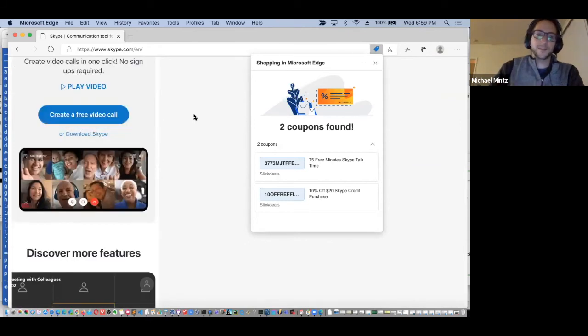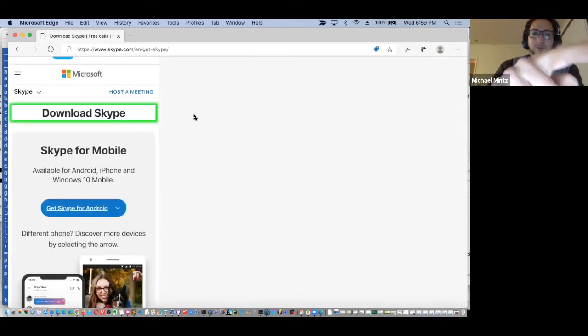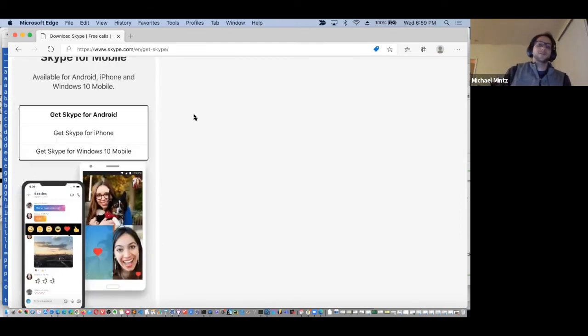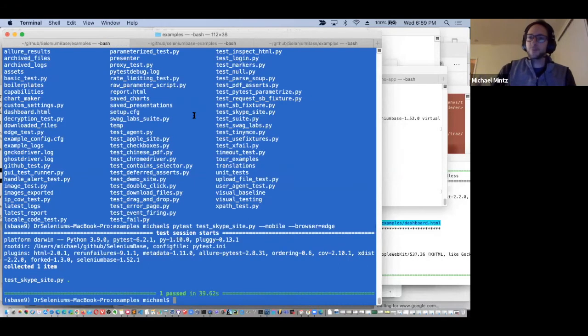You can see exactly what it's testing, and it's saying like, okay, I'm going to download Skype, and it detects that you are using an Android device, because it says like get Skype from Google Play, and then it'll click that, get Skype from Android, etc. So here I've combined a bunch of things: SeleniumBase demo mode, so you can see what it's interacting on, and SeleniumBase mobile mode, which basically can spin up a mobile web browser in place of a full web browser, which is useful because sometimes you want to do mobile tests on a website, not just a full regular web browser, so that you can make sure that you get an alert that says, hey, download the app from like Google Play, etc. So SeleniumBase mobile mode basically takes away all the pain of actually setting up a mobile testing environment,